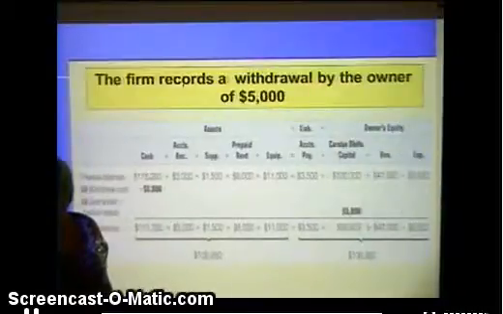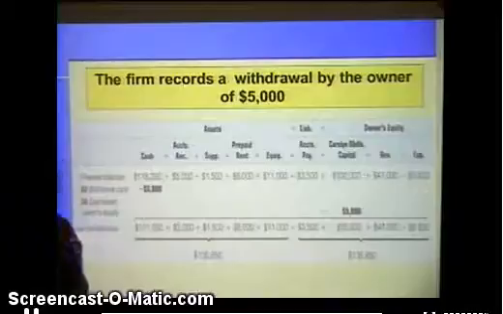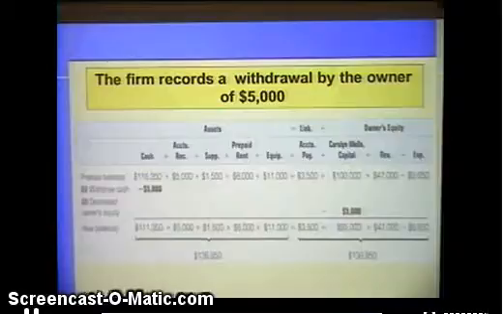All right. Then, okay, she decides she needs some money. She's getting short of money. She needs some money. Now, in a sole proprietorship,